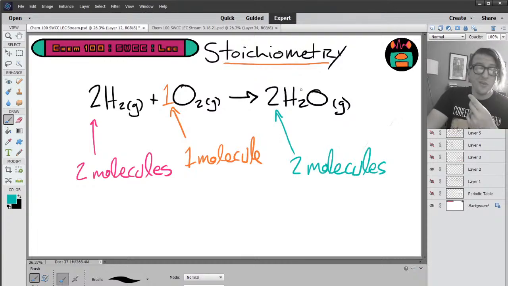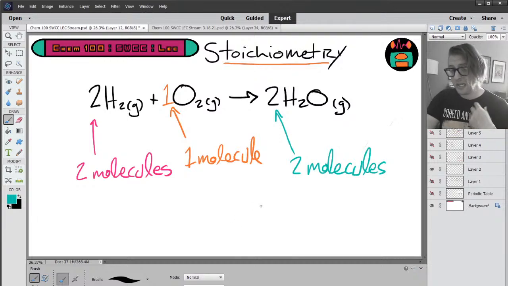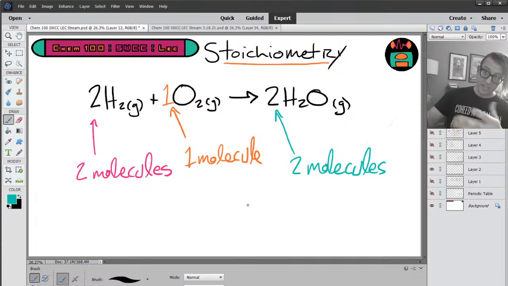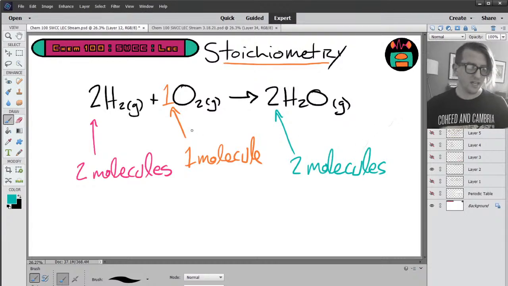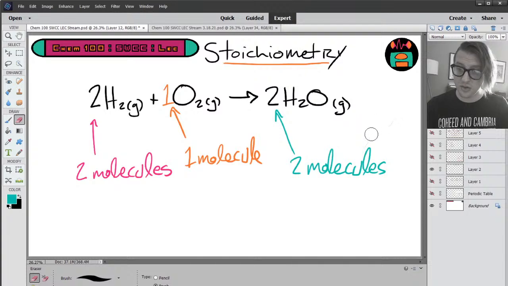Another way you could say it, you could say that 2 dozen molecules of hydrogen will react with 1 dozen of oxygen to produce 2 dozen molecules of water. You could read it that way as well. That wouldn't be particularly useful. I wouldn't recommend reading it that way in particular, but I'm doing it to illustrate the point that